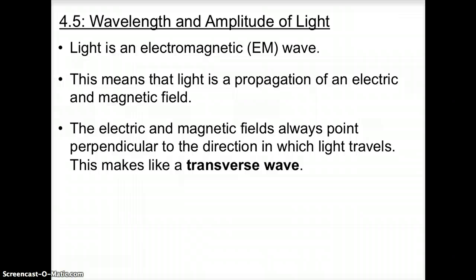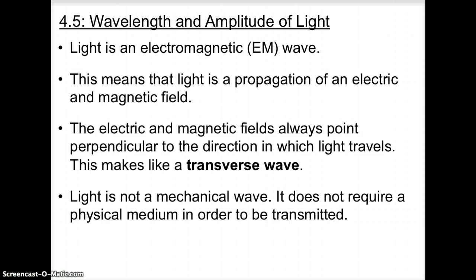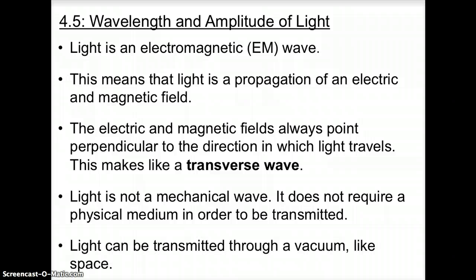So the direction of motion, the electric field, and the magnetic field form XYZ axes, right? They all point in perpendicular directions to each other. Because electric and magnetic fields are perpendicular to the direction of motion, that makes light a transverse wave. Light is not a mechanical wave, right? It does not require a physical medium to be transmitted. In fact, it can be transmitted through a vacuum,